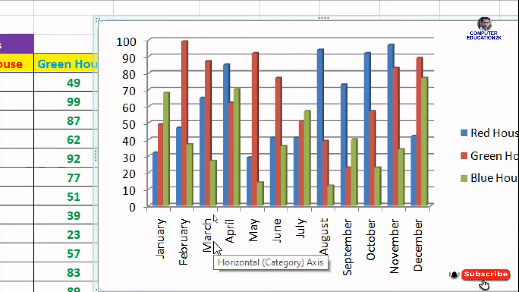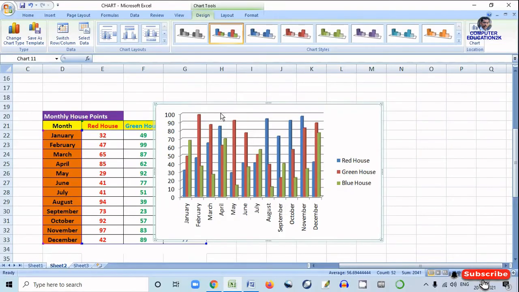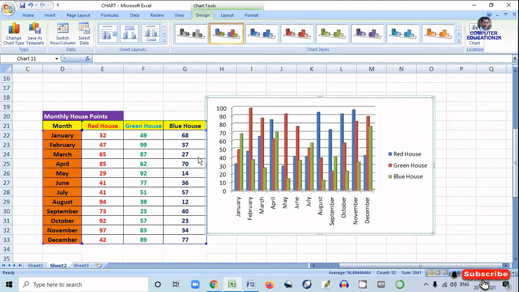In month of March, red house, green house, and blue house. See, in the month of March, the blue house has got the lowest point. So this way you can compare also 3-4 columns of data. Okay. Now let's see one more example.